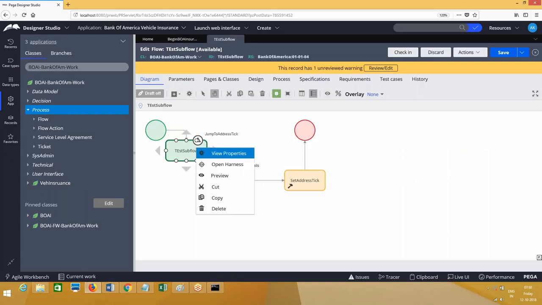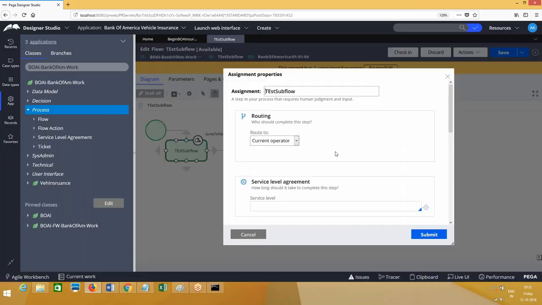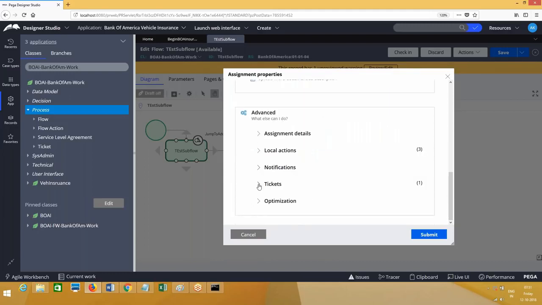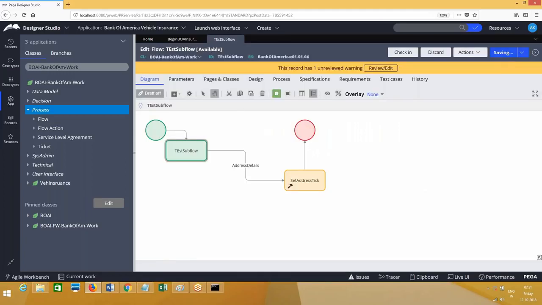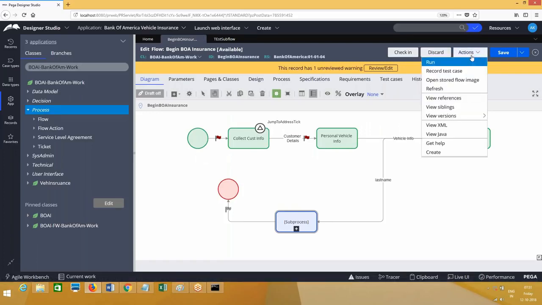Oh, okay. I'll remove this one also. In subprocess, we are calling a ticket, right? That's why I'm not getting expected result. I'll remove the subprocess ticket as well. You make sure you remove it. Now the ticket is being called only in one place.